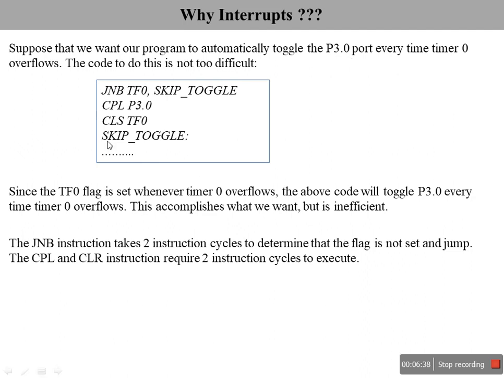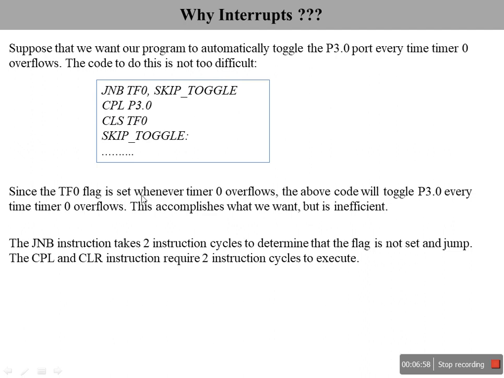For that a very simple code can be written: JNB TF0, skip toggle. If this condition is not met, it will come to this area. If it is met, it will execute this. Let's look at the consequences of this simple code.